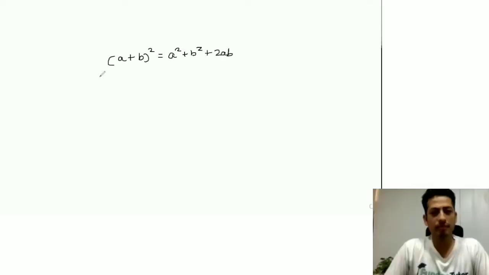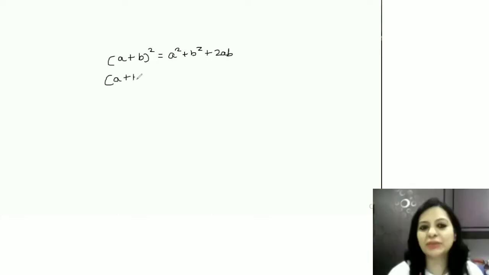For example, as you just now talked of (a plus b) whole square. So instead of telling them to recall a square plus b square plus 2ab, if we simply tell them how this formula is, actually it's (a plus b) multiplied by (a plus b) only. And then you have to, of course, use the distributive property. So this a would be multiplied by this (a plus b), and then this b would be multiplied by this (a plus b), which will give us